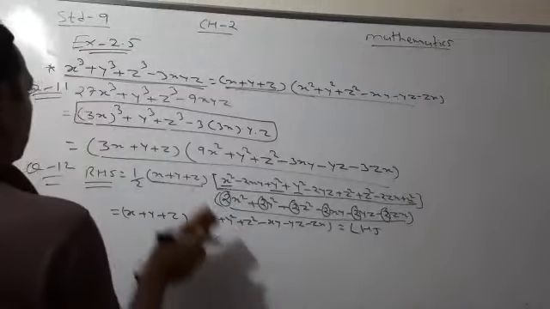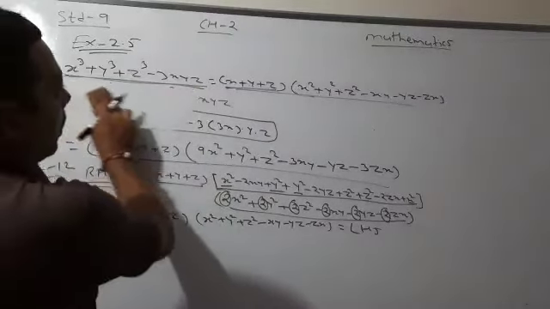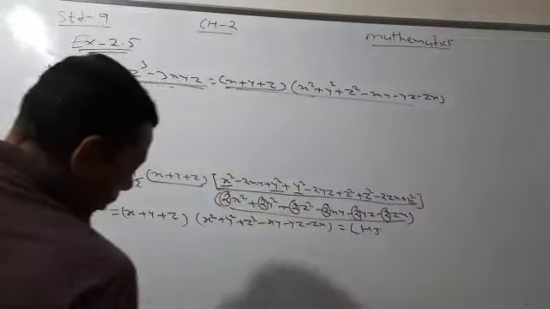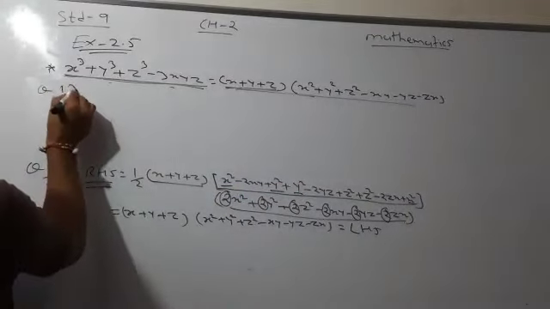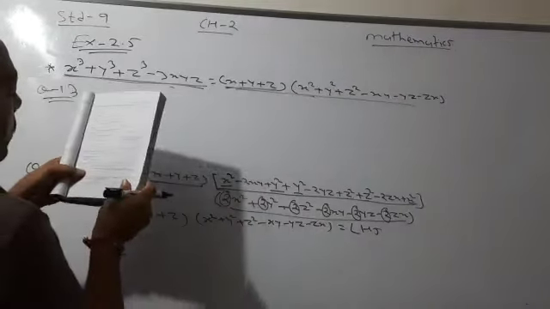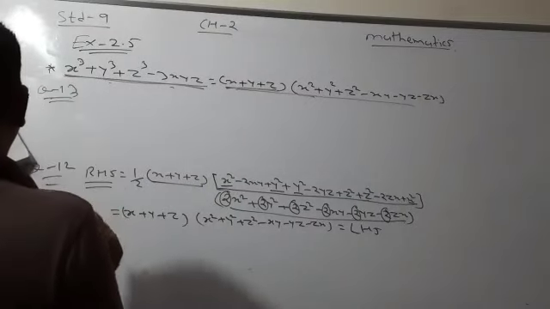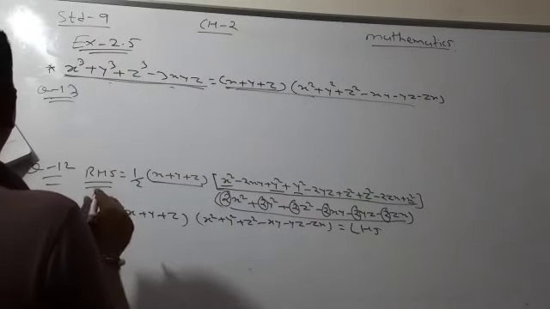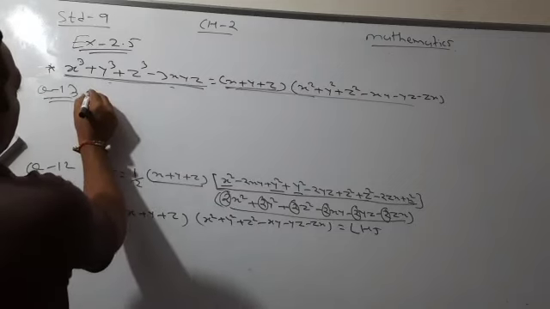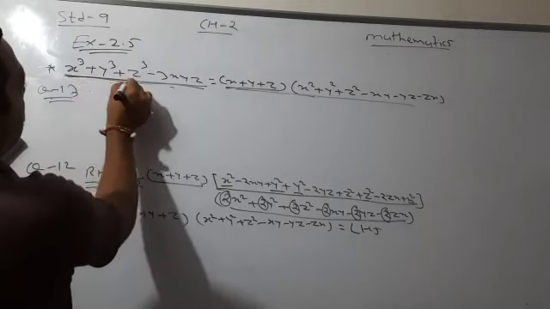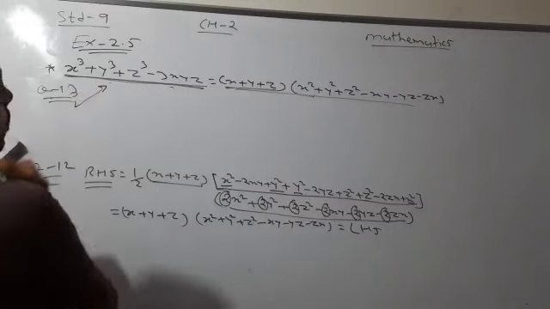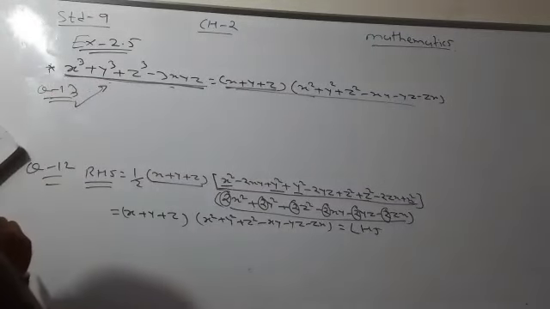Now one more question, the 13th question, is also related to this formula. So I will not drop this formula, I will just keep it as it is and continue with question number 13. See question number 13. In question number 13, it is given that if x plus y plus z is 0, then prove that x cube plus y cube plus z cube is equal to 3xyz. Now, we know the formula of x cube plus y cube plus z cube minus 3xyz is this. I will write the same formula for question number 13. This is my first step.